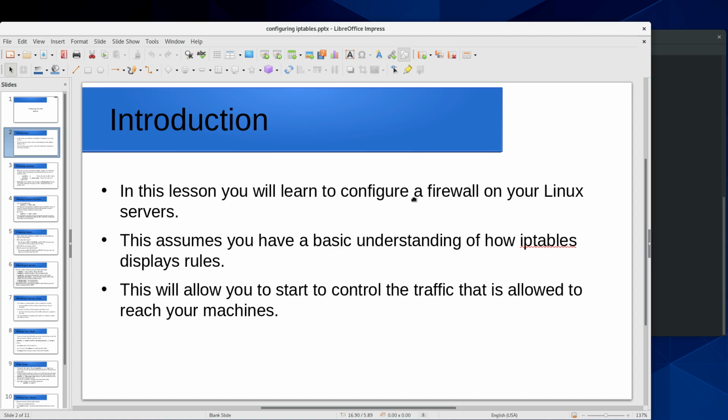What we are going to do, though, the reason we're doing this, is so that we can start to control the traffic that's allowed to reach our machines. And just a warning before I do this, I would not recommend at all using iptables on a production machine these days. There are other, better, newer firewalls that do this job better. Firewalld. Use it instead. This is, however, useful when you're first learning a firewall, so you get a better grasp of what a firewall is doing, and